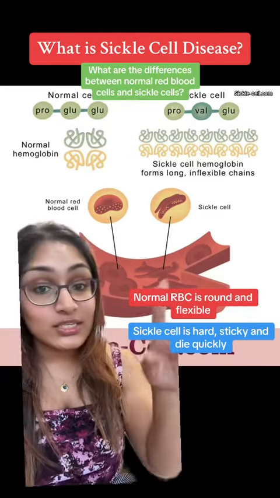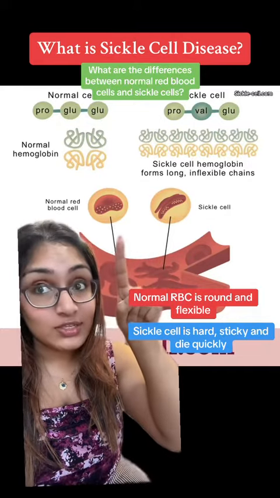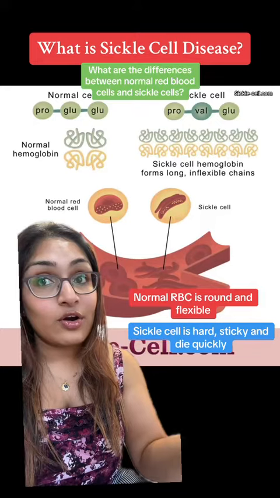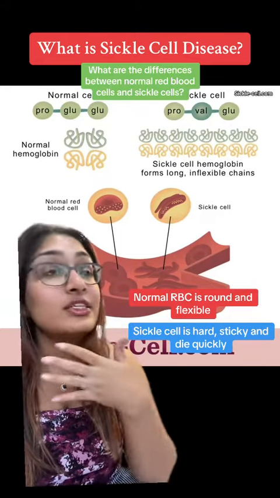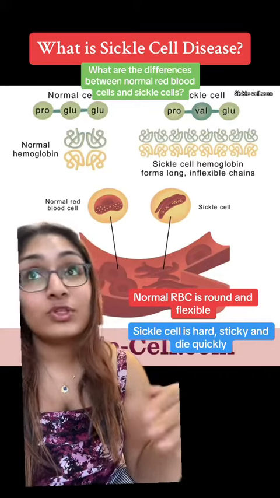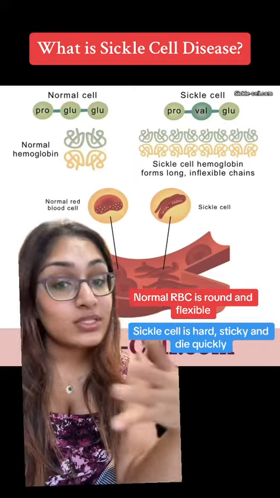And additionally, the sickle cell dies a lot quicker than our normal red blood cells, so this can result in our blood just having a lot less oxygen in it, meaning you become anemic, and these cause a whole other range of problems with you being constantly tired, and unfortunately it also does reduce one's life expectancy.